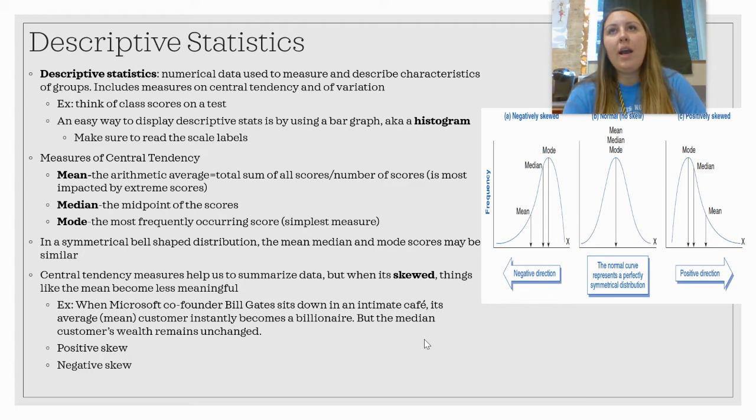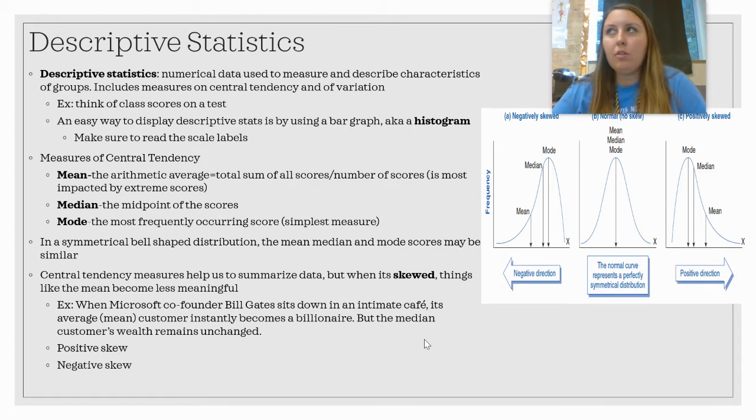So if you had, let's say, a data set that had a range of 1 to 100, the mean may not be the most helpful piece of information, depending on the rest of the data. Because if there's like 20 ones and then 100, a better measure there would probably be the mode, which is the most frequently occurring score, or even the median, which is the midpoint of the score.